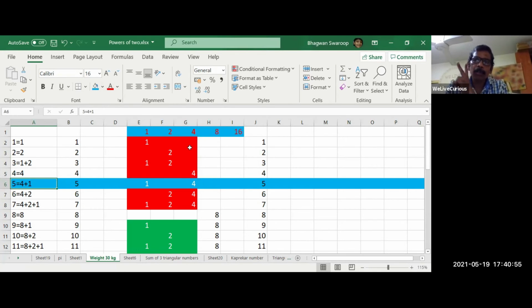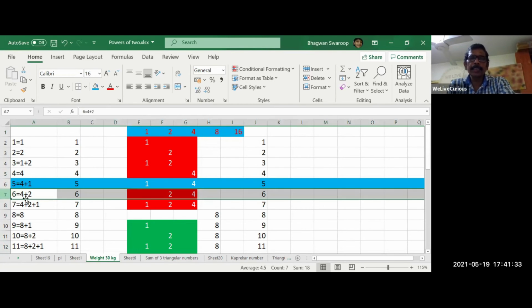What I want you to see here is the power of 2. What all numbers can we generate using only powers of 2. 2 to the power 0 is 1. 2 square is 4, and 2 multiplied by 2 is 8. Then double of 8 is 16. And using this, we can create every number up to 30. When we tackle this kind of exercise, this is the application of whatever we learn.